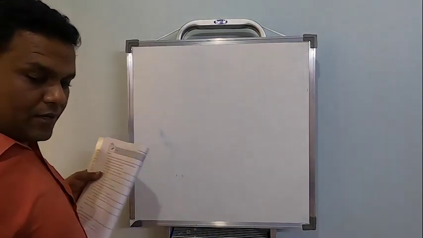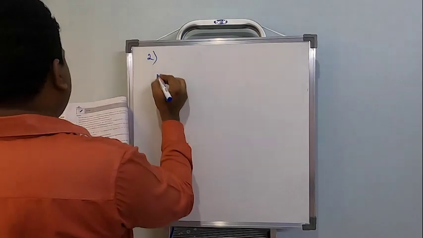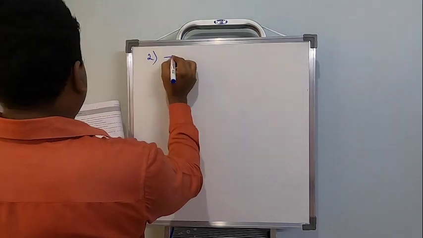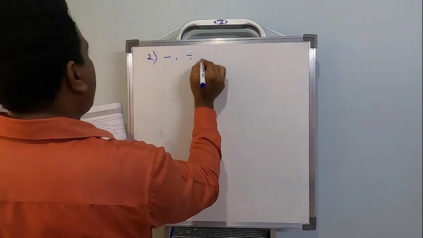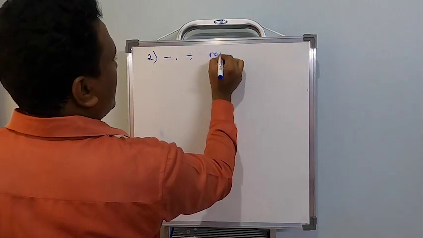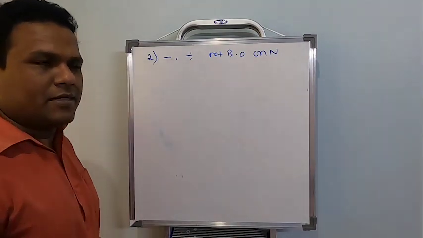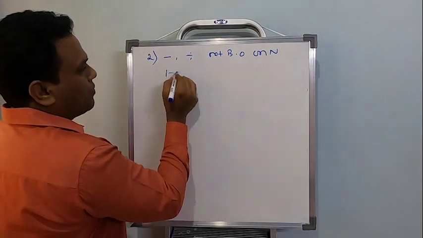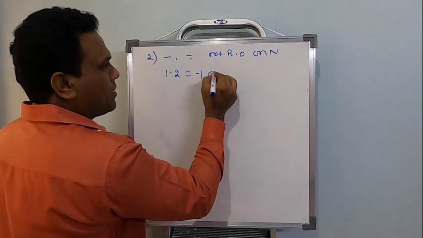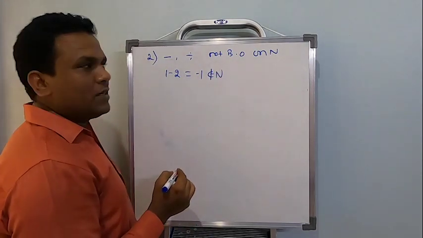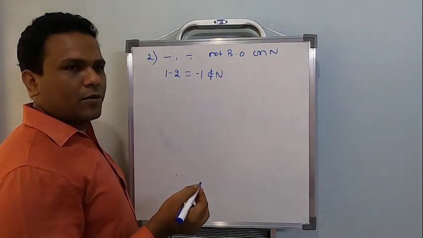Now the second problem under this. Show that subtraction and division are not binary operations on the set of all natural numbers. An easy one. If I consider 1 minus 2, which is minus 1, it is not a natural number. Therefore, subtraction is not a binary operation.